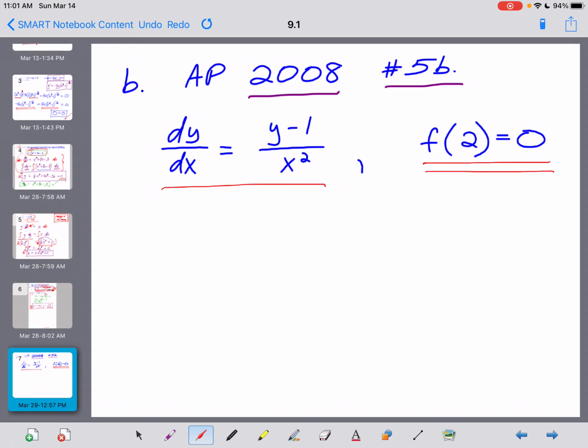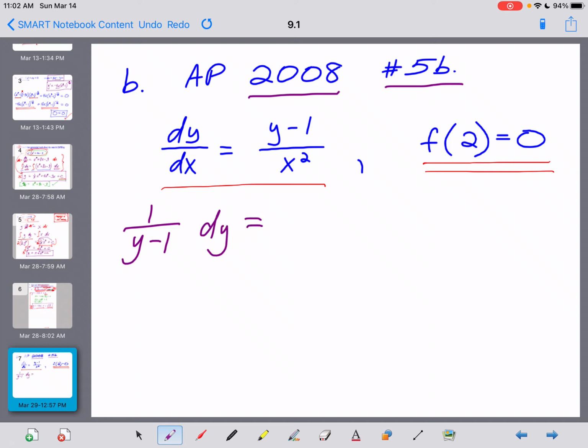So first thing we need to do, this one's more complicated than the one that we just did, we need to separate our variables. We want all of the y's and the dy on the left, all of the x's and the dx on the right. I think you guys can kind of see what's happening. We're going to need to divide both sides of the equation by the y minus 1 that's in the numerator on the right. So my left side is going to become a 1 over y minus 1, and that's getting multiplied by dy